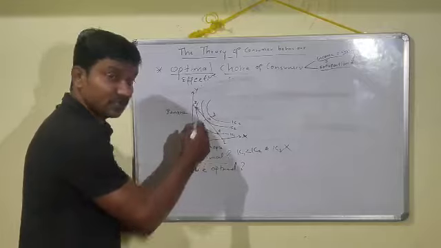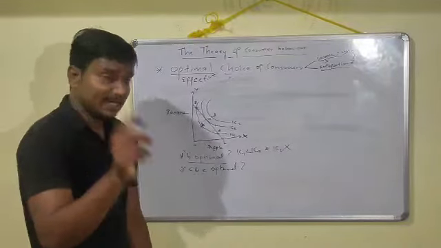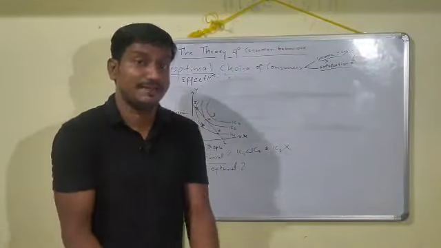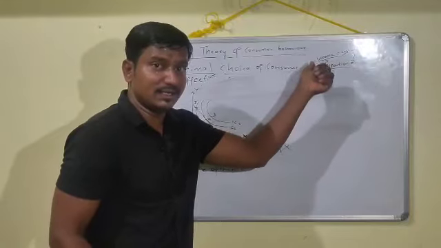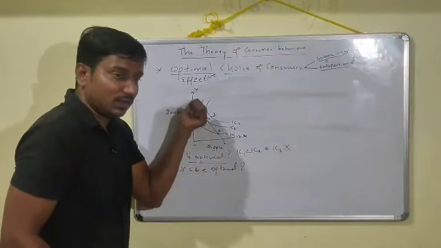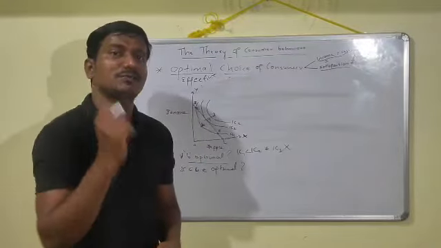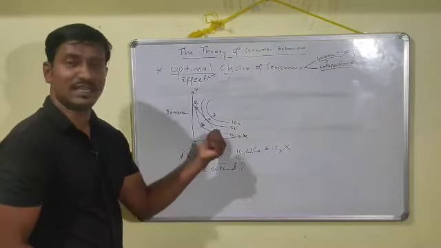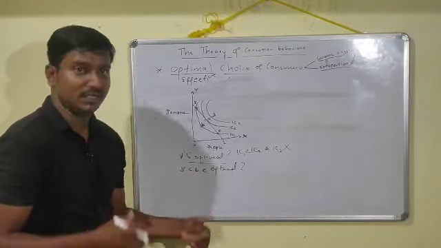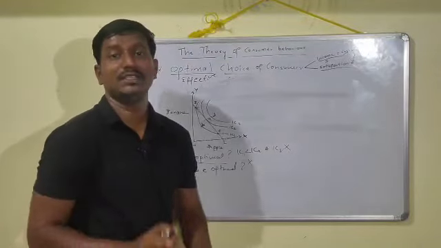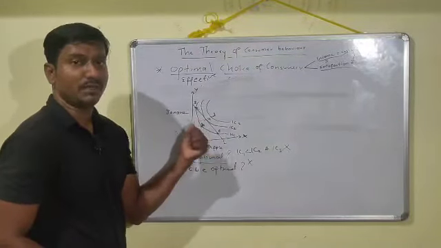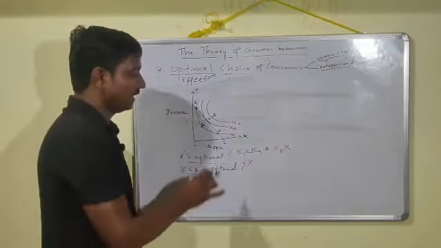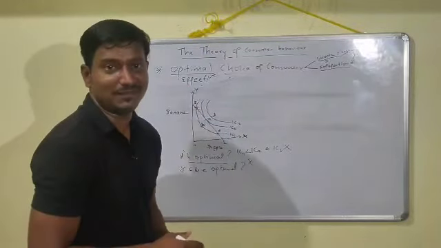C and E are exactly on indifference curve 1, as well as exactly on the budget line. Of course, you may say you are spending exactly what we decided, income exactly equal to cost. But the level of satisfaction you are deriving is less compared to IC2 and IC3. You may spend the entire income, but the level of satisfaction is exactly what you already got at point B. So this is also rejected. Points C and E are also not optimal points. Why? Because these are again on indifference curve 1, so these points are also rejected because they offer a lower level of satisfaction.